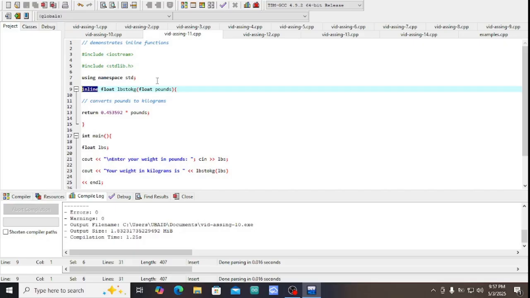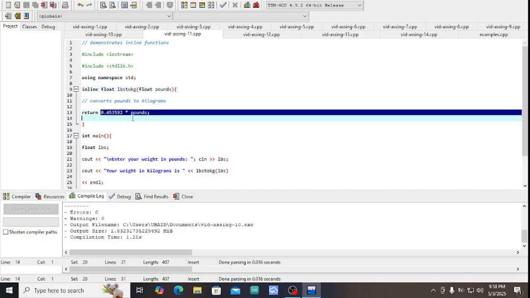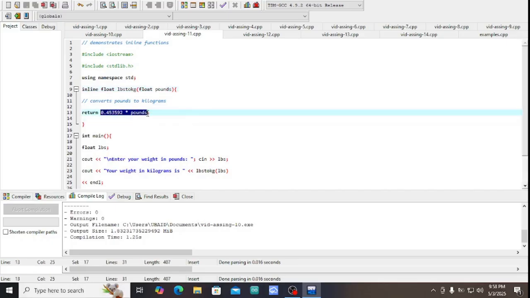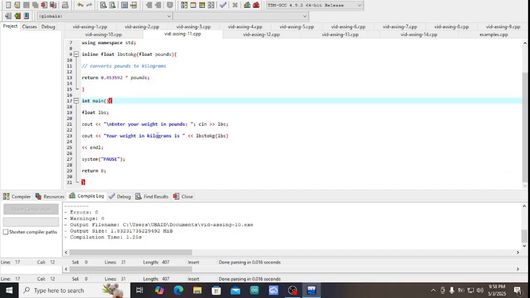Here we have the parameter pounds, and in here we return the value of pounds converted to kilograms. After that we go to the main function, and here we have declared a variable pounds, and then we take the weight in pounds,